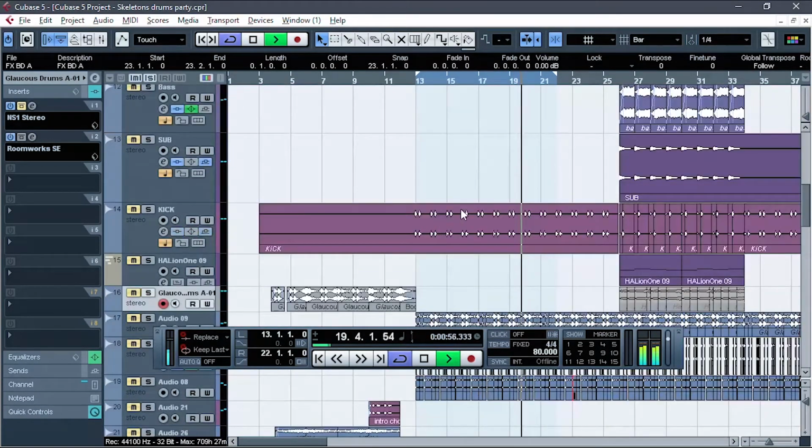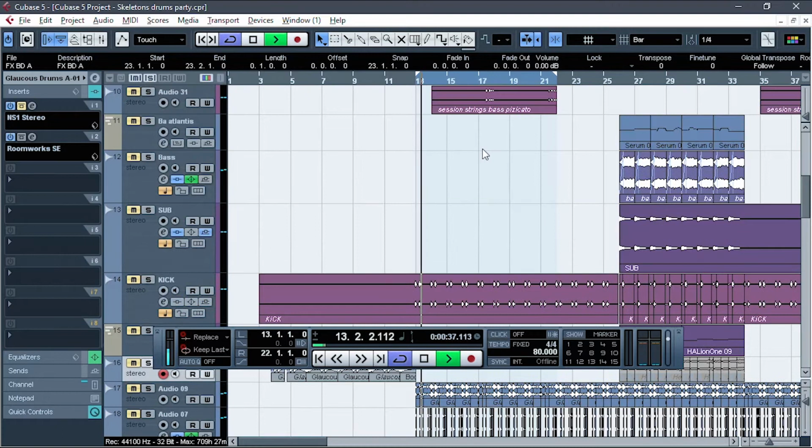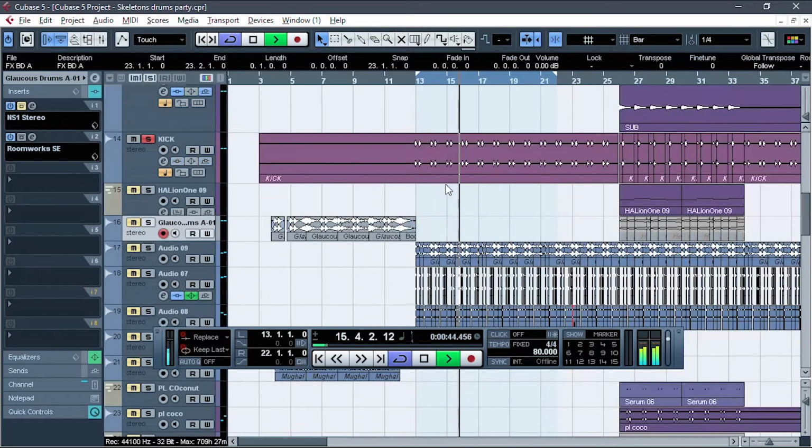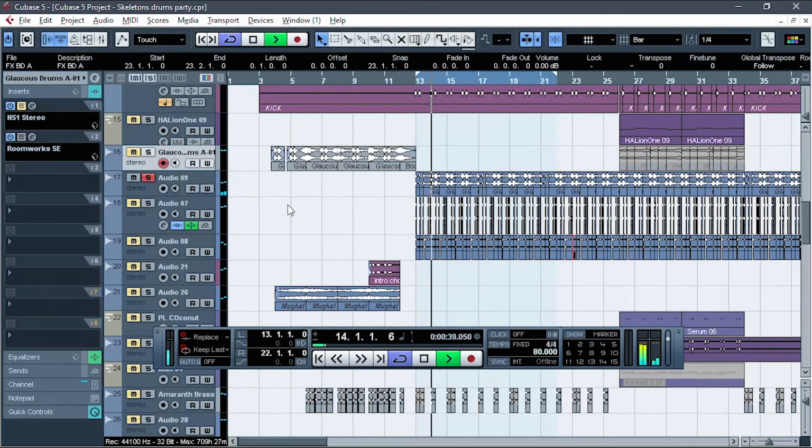I've used LA Scoring Kontakt Library to create this beautiful spiccato cellos. Let's add the kick drum. The percussive snares, the main snare, another percussion effect,